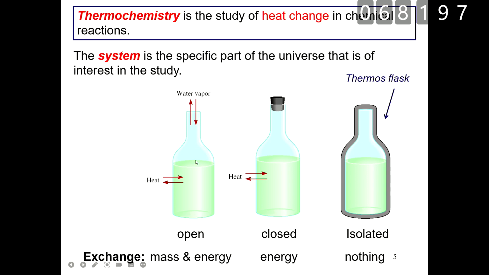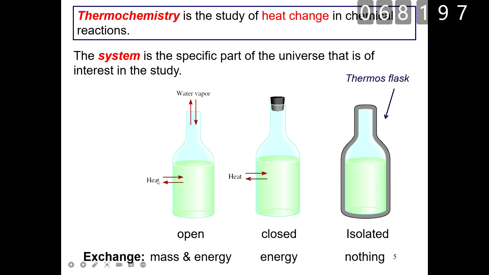Okay, so basically, for example, if the bottle is open, this means there's some water inside, so the water vapor can be exchanged between the system, and the environment, and also the heat can be exchanged between inside and outside. So this system is called an open system. Open system means the mass and the energy can be exchanged between the system